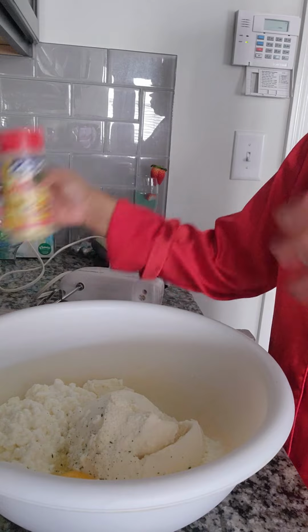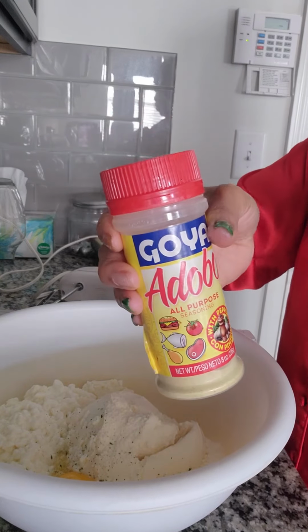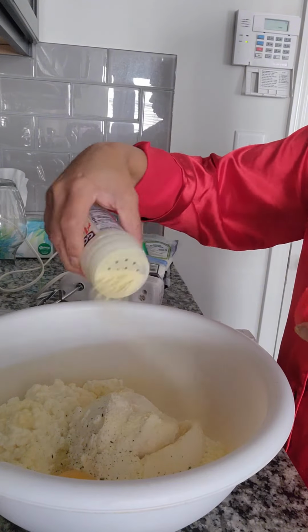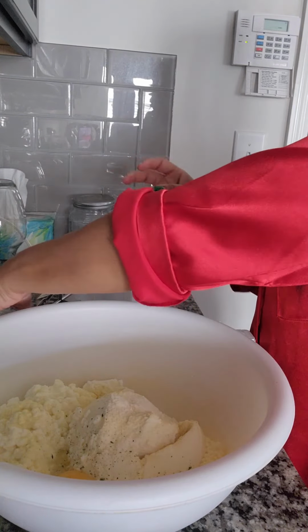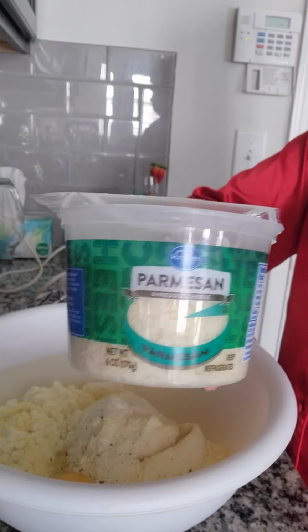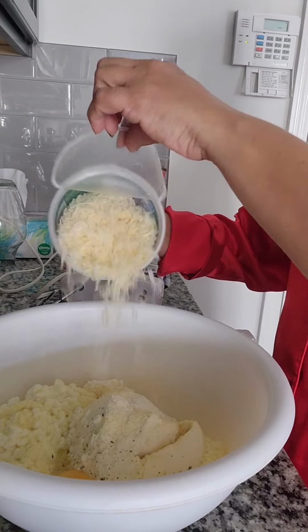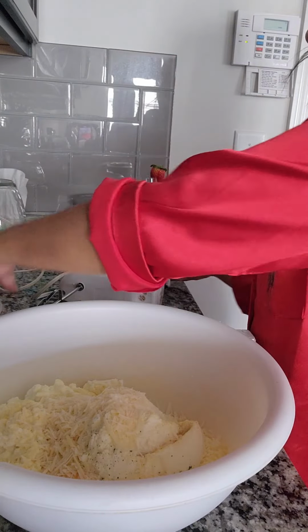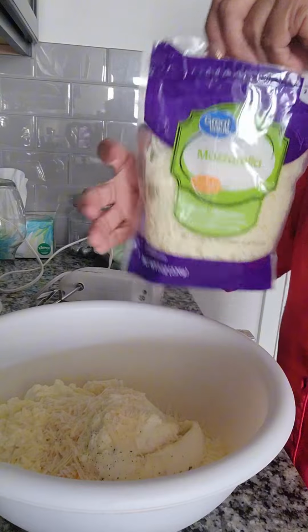So this is my beginning, how I start. I get everything in the bowl. I'm going to show you everything I use at the end of the video. Somehow I put it at the end. But I use a little bit of adobo seasoning. I go ahead and put my Parmesan cheese into the mixture. I don't usually use too much. I use about maybe a half a cup of Parmesan, but in that bowl is going to be 2 eggs,